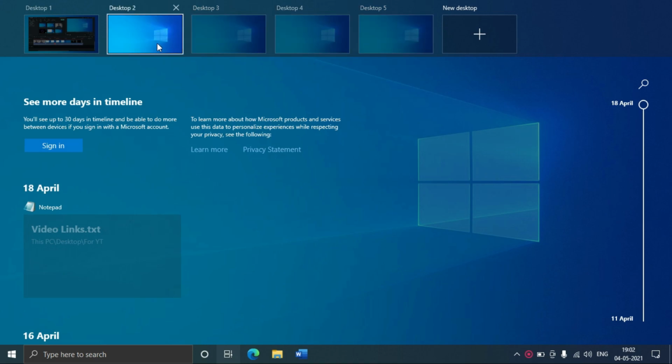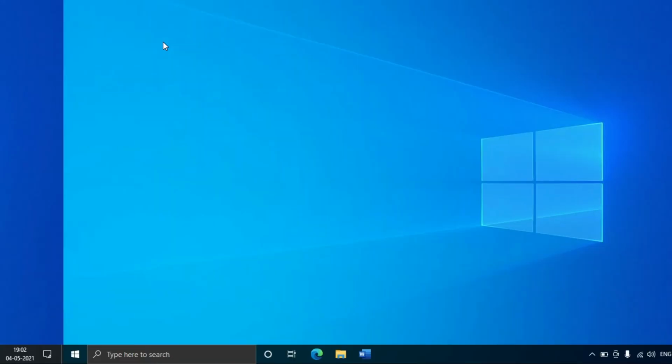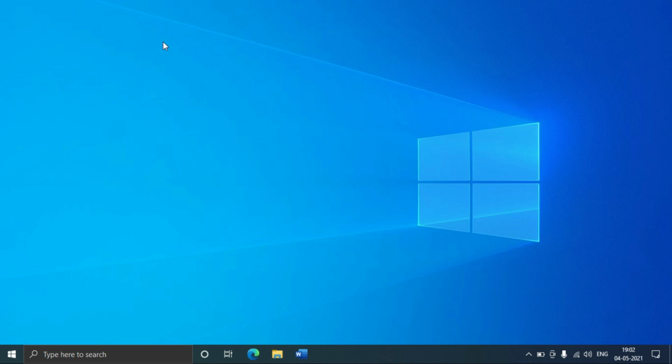I'll show you how to navigate between them. So I'll open desktop 2 right now. I'll put four fingers and swipe left to get to the next virtual desktop. I put four fingers, I swipe left again to get to the next virtual desktop. I put four fingers and I swipe right to get to the previous virtual desktop. So this is very intuitive, like just dragging the virtual desktop aside and letting the next one come. So these are some touchpad gestures in Windows 10 that I wanted to tell you.